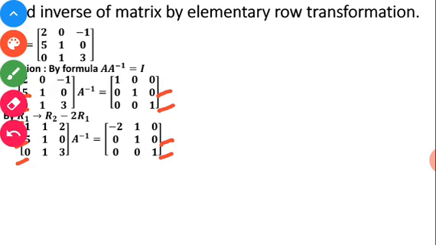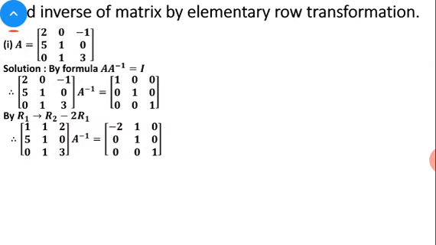This first element, first you should note that the second row and third row are not going to change. Second row and third row as it is. You are just doing the operation on R1, so just R1 is changing, R2 and R3 are as it is. And even on the right side also, just see R2 and R3 are as it is, only R1 is going to change. And how the R1 is changing, let's find out. Let's see how the R1 is changing.